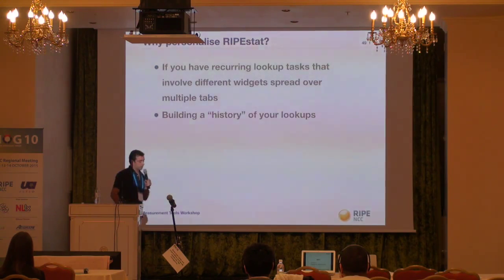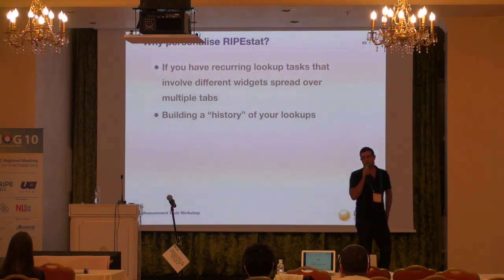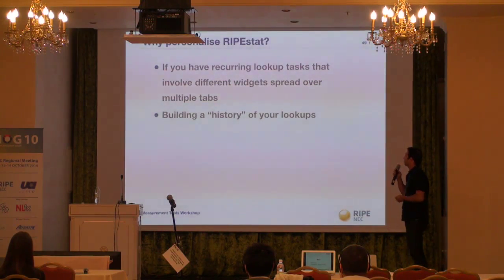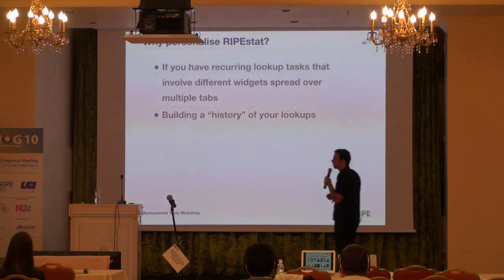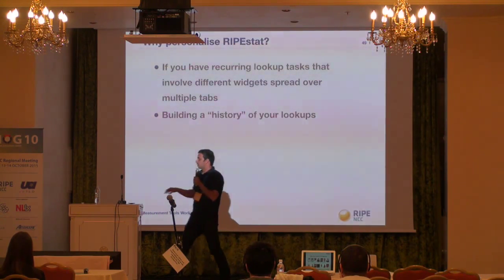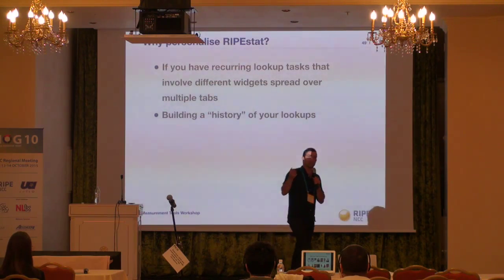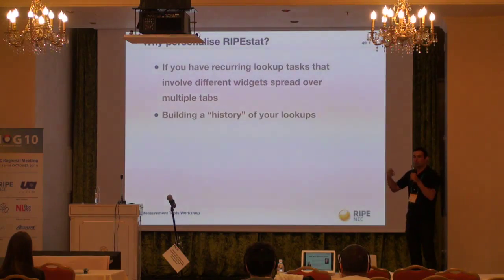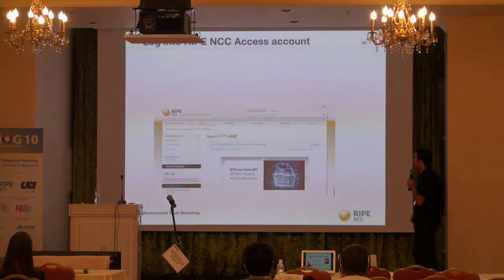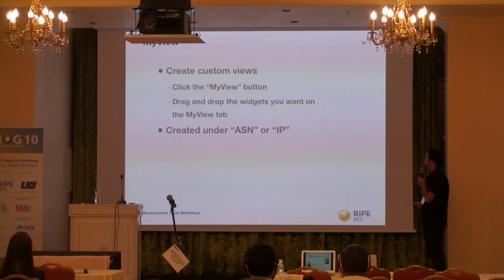So that's the thing, when you have several tasks which you just do all the time, you don't want to have it all spread over multiple tabs. So you can create one specific tab, which mixes information from the routing, the DNS, and RIPE Atlas in one go, because that's what you're interested in knowing. So after logging in with the RIPE NCC Access account, you can click this My View button,